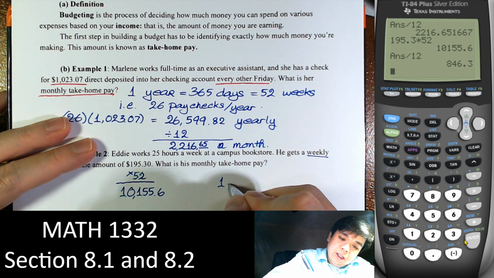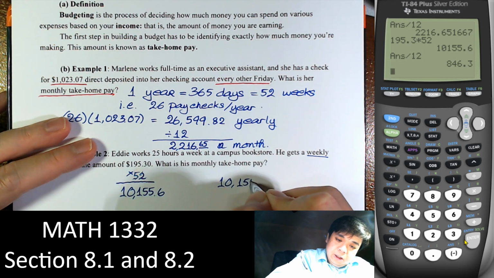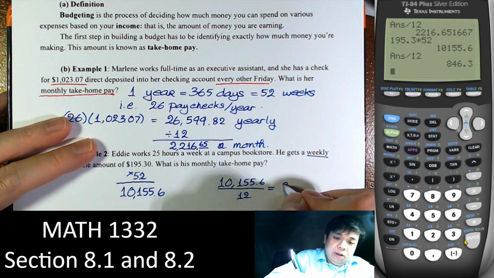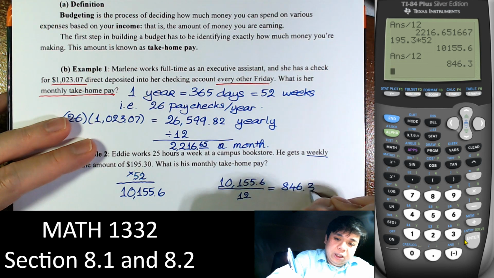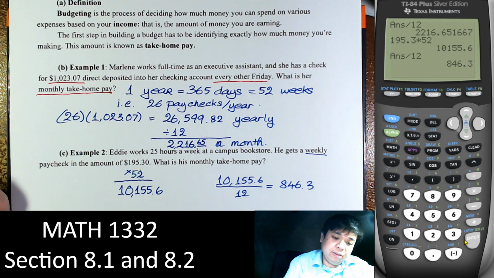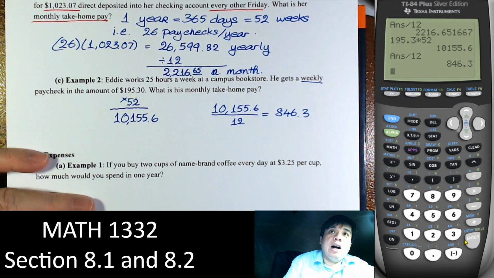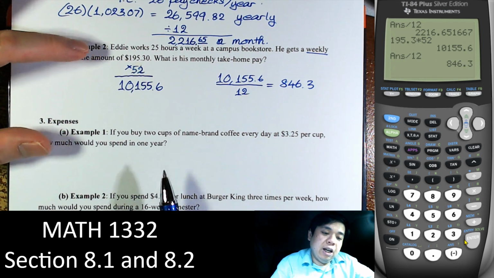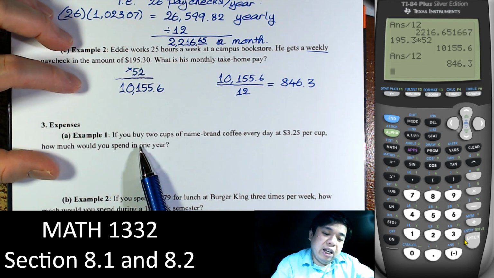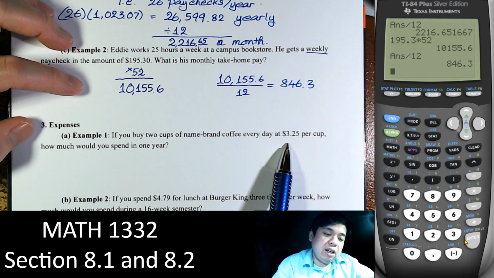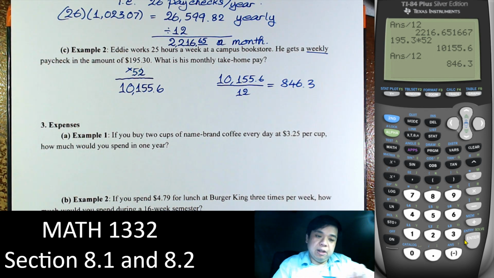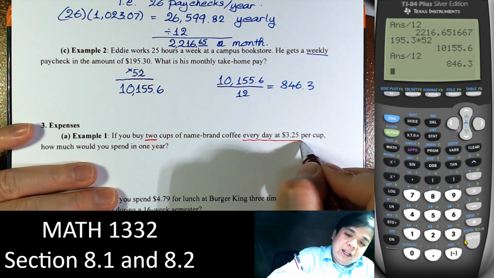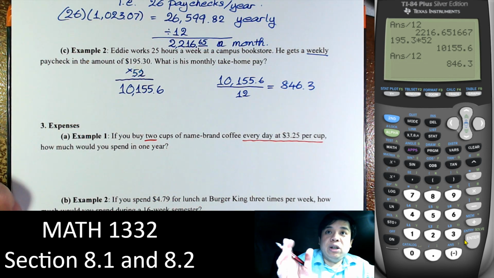And we have 846.3. So that is a month. Alright, so that is the income. Now the next is the expense. Just some examples. If you buy 2 cups of name brand coffee every day, how much would you spend in 1 year? So to have 2 cups every day, and this is every day and not every work day,